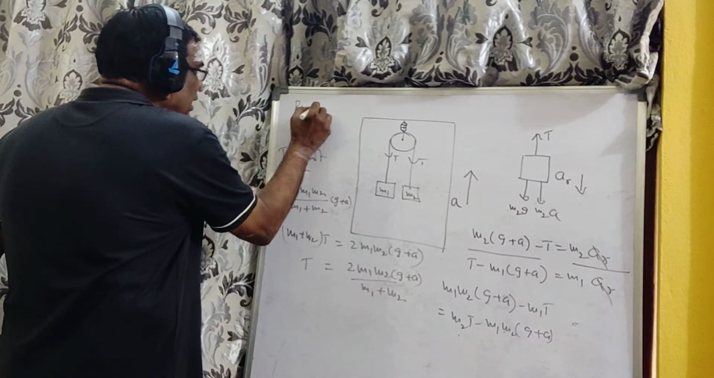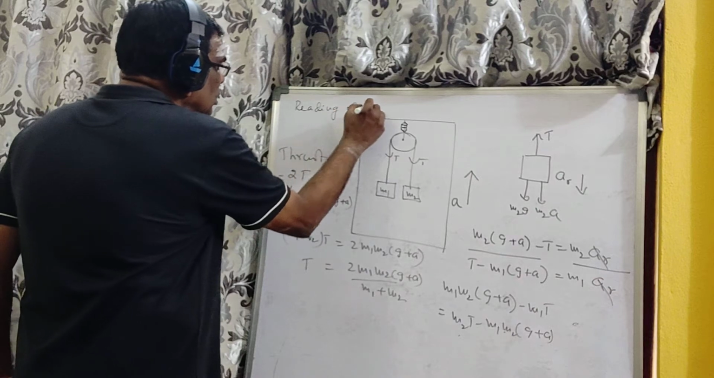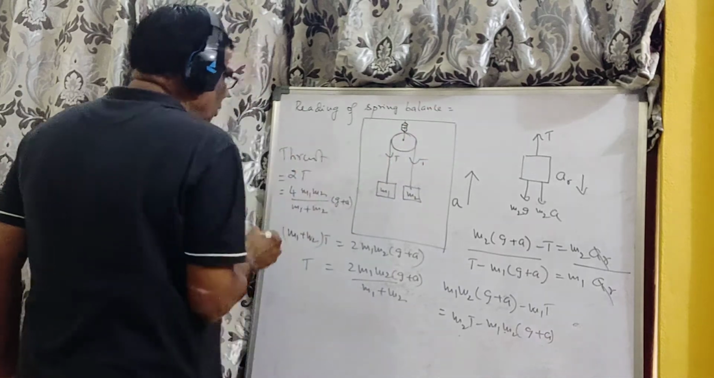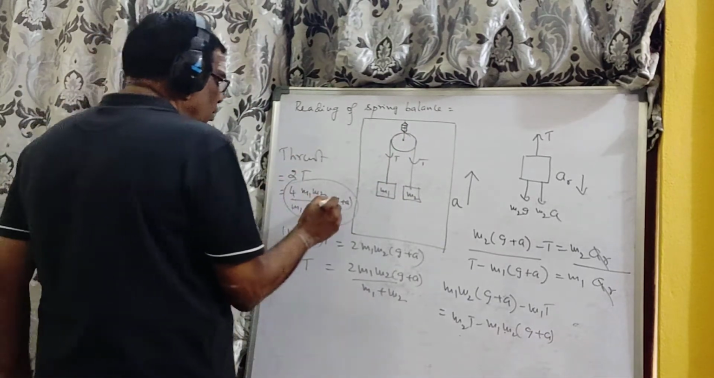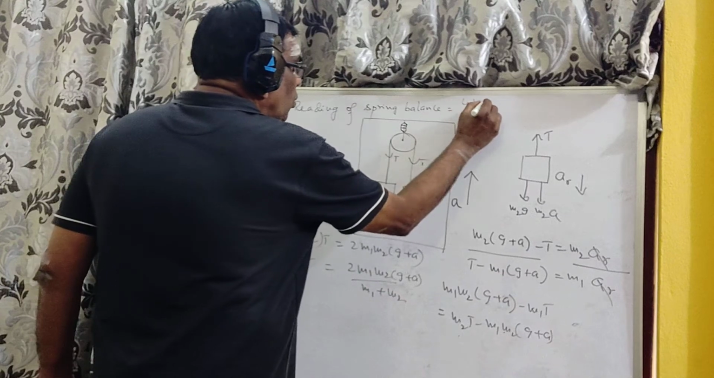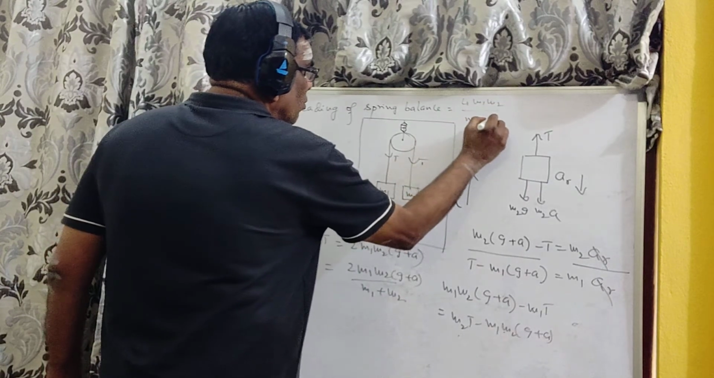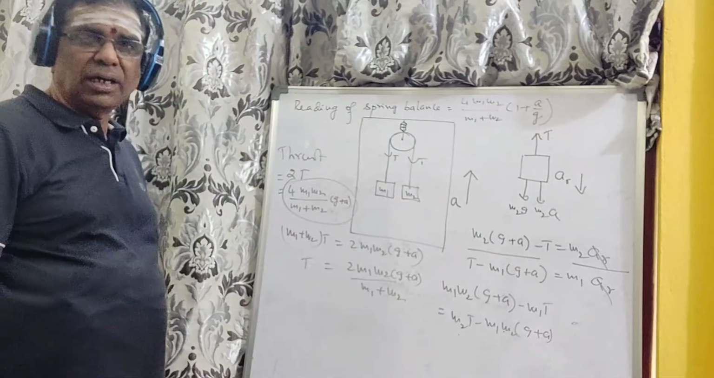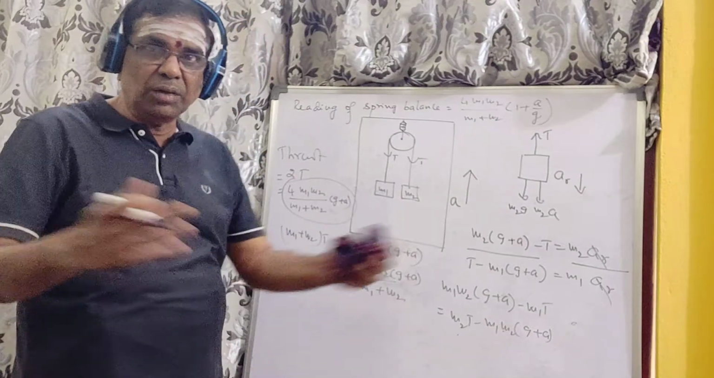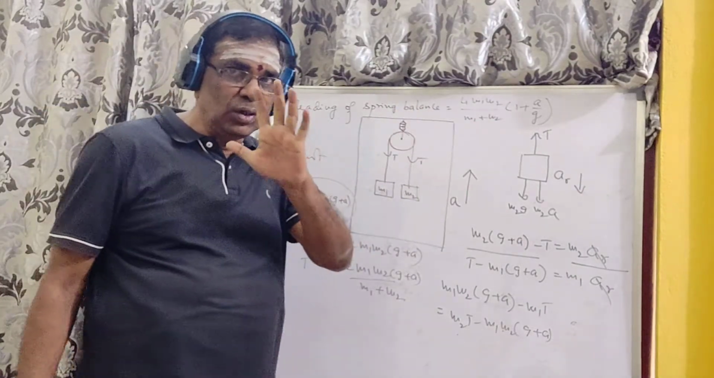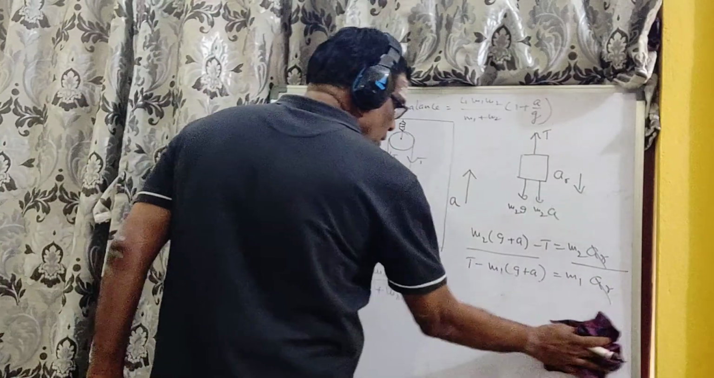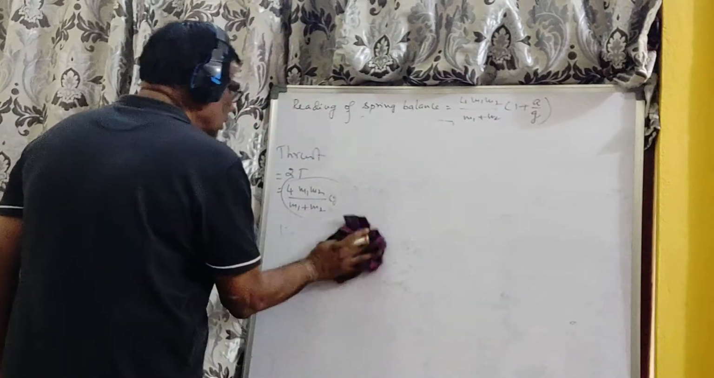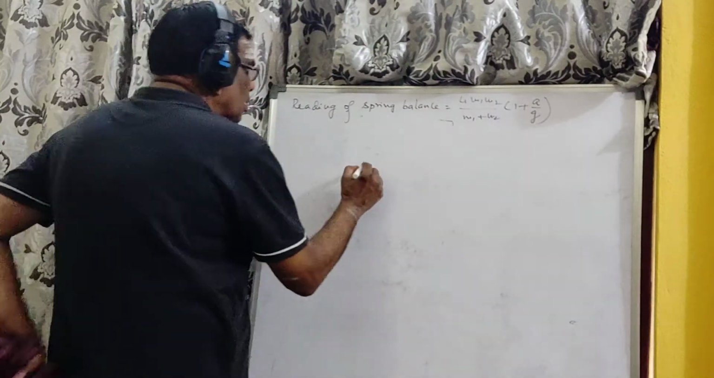So reading of spring balance, divide with g. So this whole thing, divide with g, means 4 m1 m2 by m1 plus m2 into, that is the answer. Wherever you come across, I am not discussing the springs here, only the spring balance. Both are of course one and the same, but since you are absolutely familiar with the spring balance, I am using it. Now look,